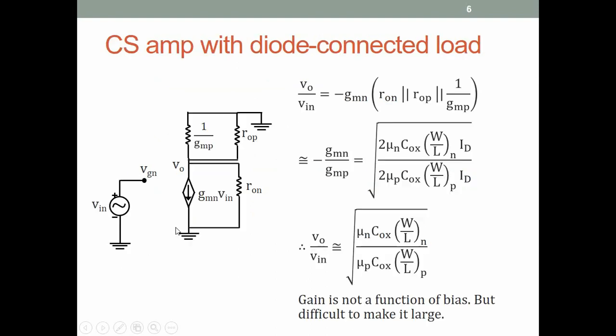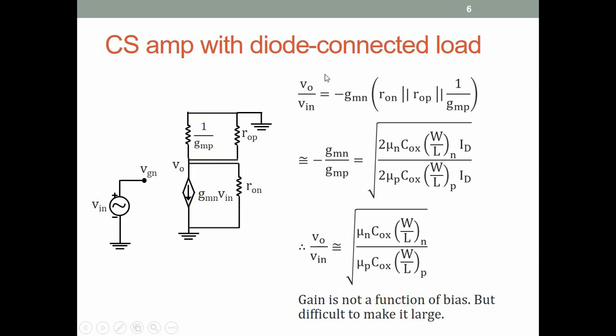Alright, so with this circuit, we draw the complete small signal circuit of the common source amplifier. So we have the input at the gate. The NMOS has the dependent source gmN Vin, and ro of the NMOS. And then the PMOS is just the parallel combination of 1 by gm and ro. So now, of course, roN, roP and 1 by gm are all in parallel with each other, connected between the node Vo and ground. And this current flows through this parallel combination.